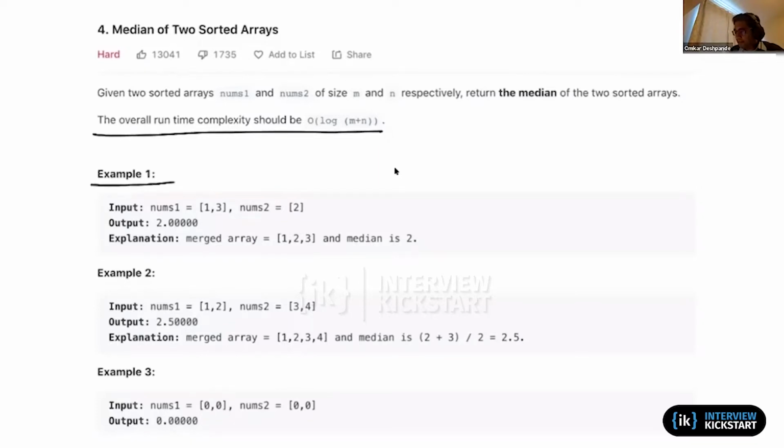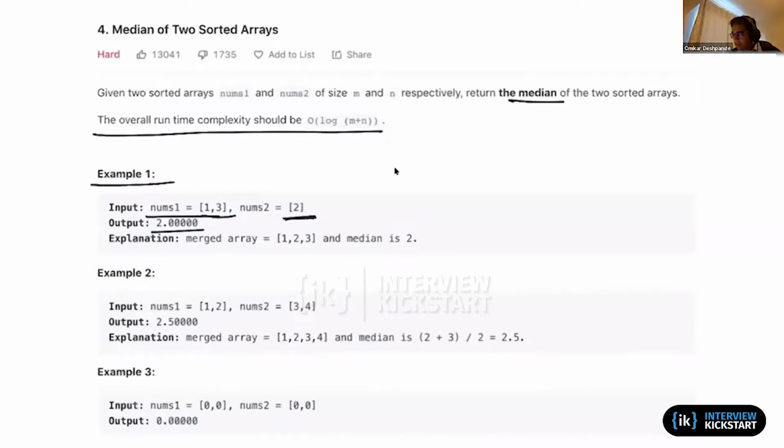So for example, if the two arrays that are given to us are this two element array 1, 3 and this single element array, then the median of all the numbers combined across these two arrays clearly would be 2, because the three numbers are 1, 2 and 3. The median is defined to be the middle number if we have an odd number of elements. So if there is an odd number of elements, we will have a unique middle number, and that is clearly